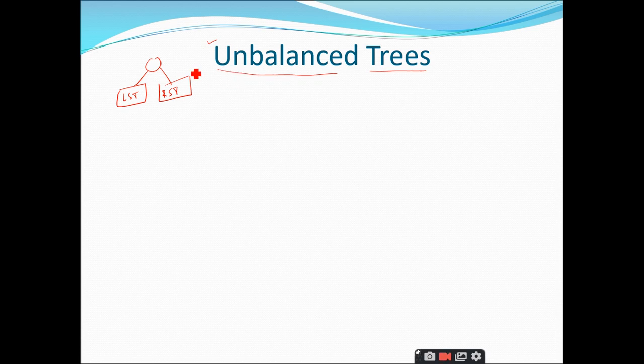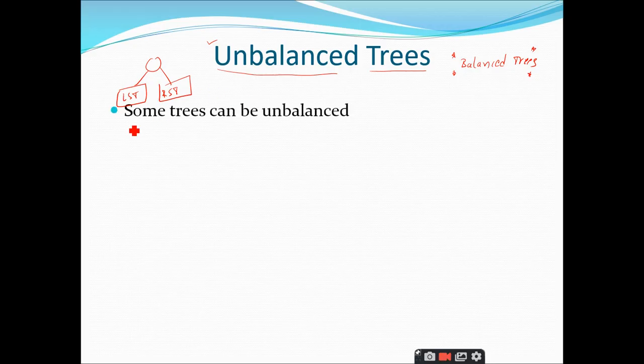Right. But we don't find any applications for unbalanced trees. We have a lot of applications on balanced trees. As I told you in the earlier class, we have self-balancing trees, such as AVL trees. They are going to balance. That means the number of nodes in the left subtree will be kept almost equal to the number of nodes in the right subtree. So the balancing of trees is a very important concept, and we have a lot of applications on these balanced trees. We don't have any applications on unbalanced trees.